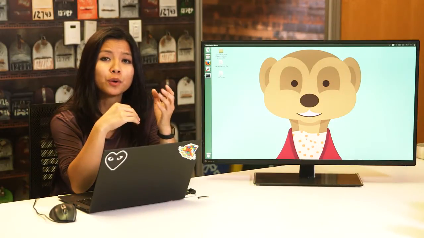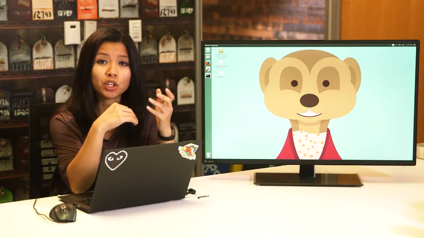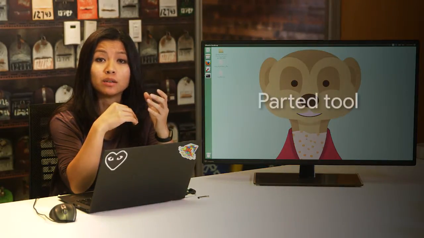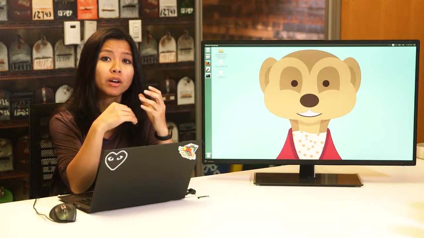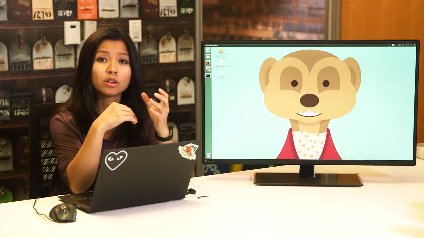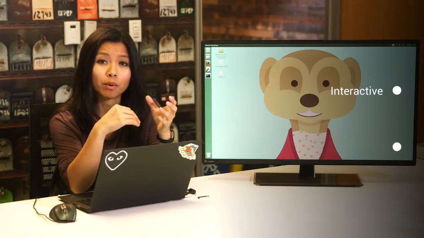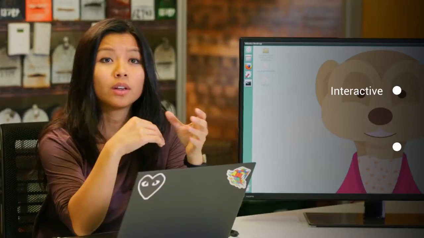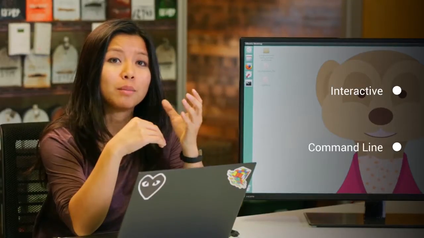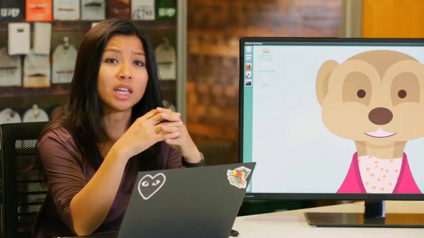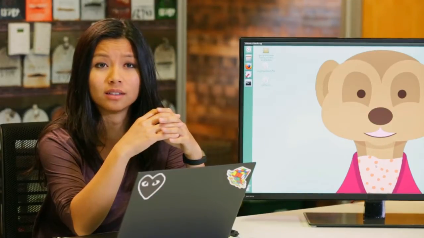In Linux, there are a few different partitioning command line tools we can use. One that supports both MBR and GPT partitioning is the parted tool. Parted can be used in two modes. The first is interactive, meaning we're launched into a separate program like when we use the less command. The second is command line, meaning you just run commands while still in your shell. We're going to be using the interactive mode for most of this lesson.